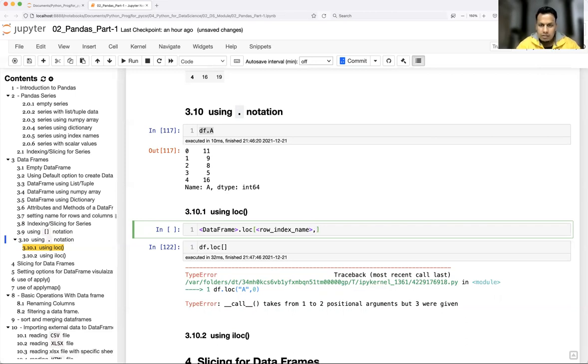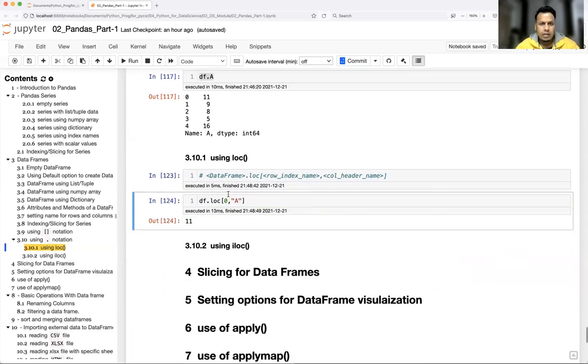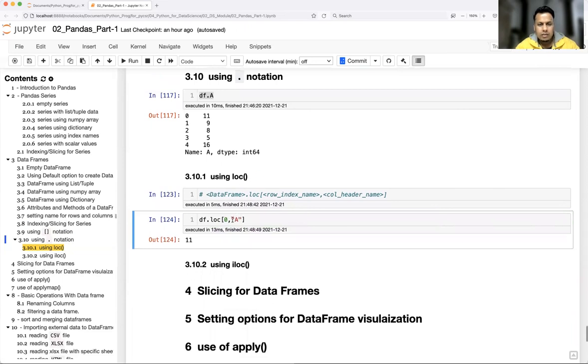After a comma you will have the column header name. This is your syntax. Now let's follow the syntax. First will come 0, so 0 is my row header and a is my column. Okay, so you got 1. From the first row I want column a only. That's how you access.